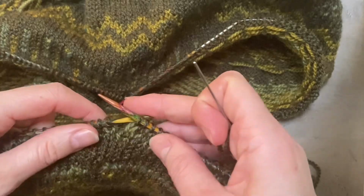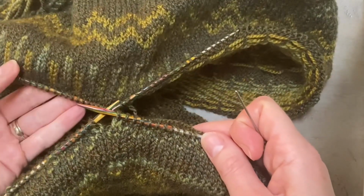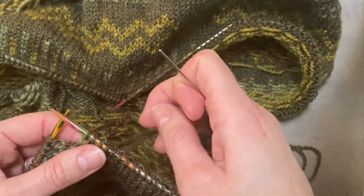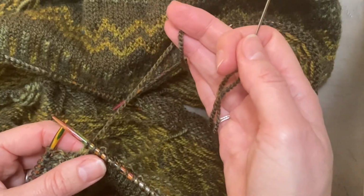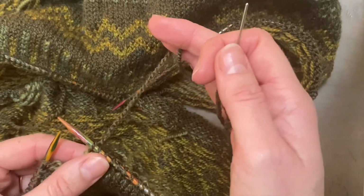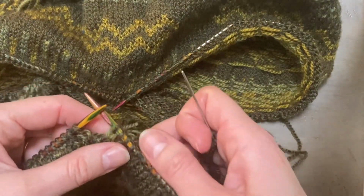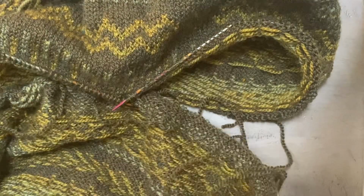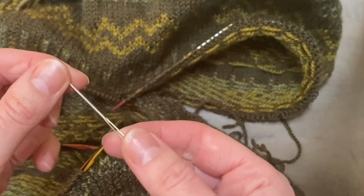Okay, so I'm going to show you how to use Kitchener stitch to graft two pieces of knitting back together. Now the first thing to do is to cut your yarn to a circumference about 3 times the circumference of the work that you want to graft together. So just measure your wool 3 times around your circumference and then cut it, and then thread it onto a